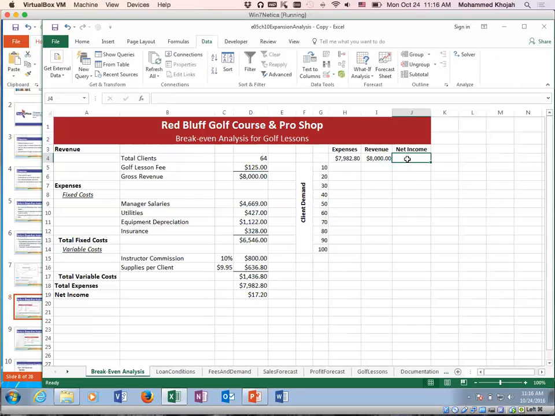And your net income is going to be that one, okay? This is a setup. So you have to set this up in order for Excel to know which values it looks for, okay? Now we're going to change the values here, the total clients, from 10 to 20 to 30 to 40 until 100. So what we make is that Excel will put 10 into this value, into this cell,